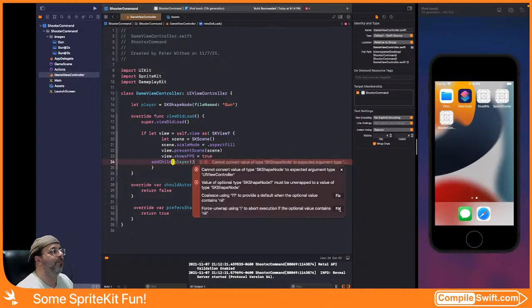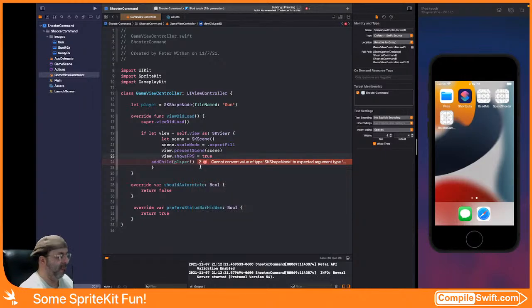Yeah. Okay. Please no errors. Thank you. And there's an error. Cannot convert value of type SKShapeNode to expected argument type UIViewController. And that makes sense, I guess. So that's not that. What about view